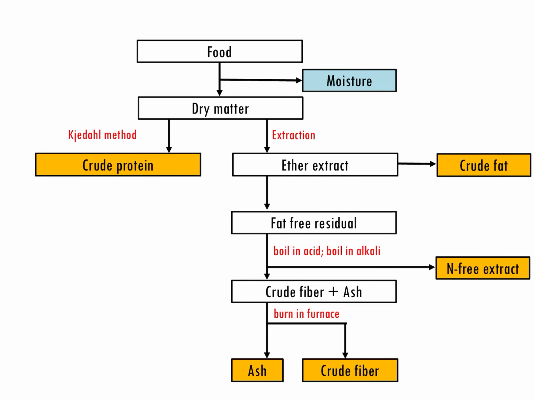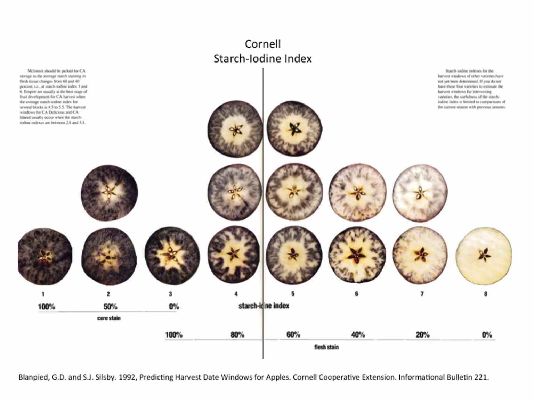Then we can extract the dry food sample with the solvent, and then we analyze for the amounts of crude fats. Then we can put it in the furnace, and the ash will represent the minerals within the food. For the starch content measurement, this is the method that will indirectly represent how much starch is in the